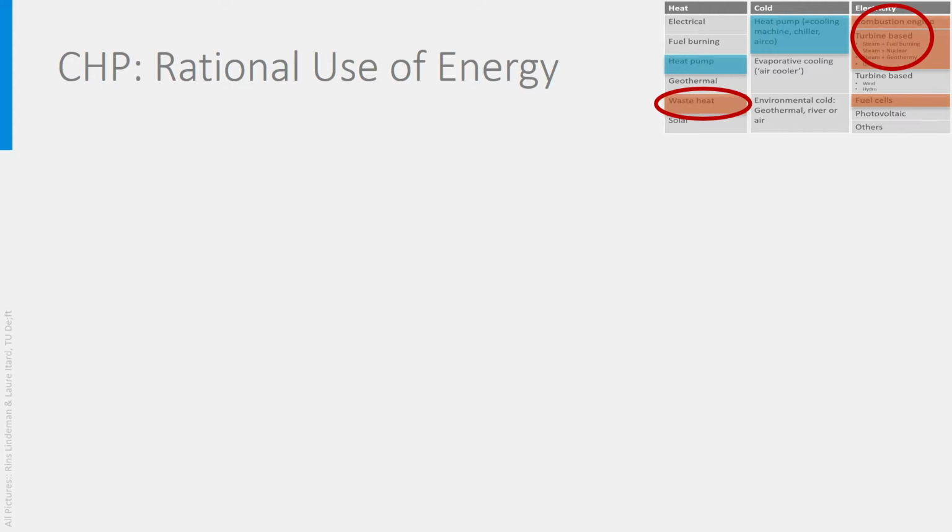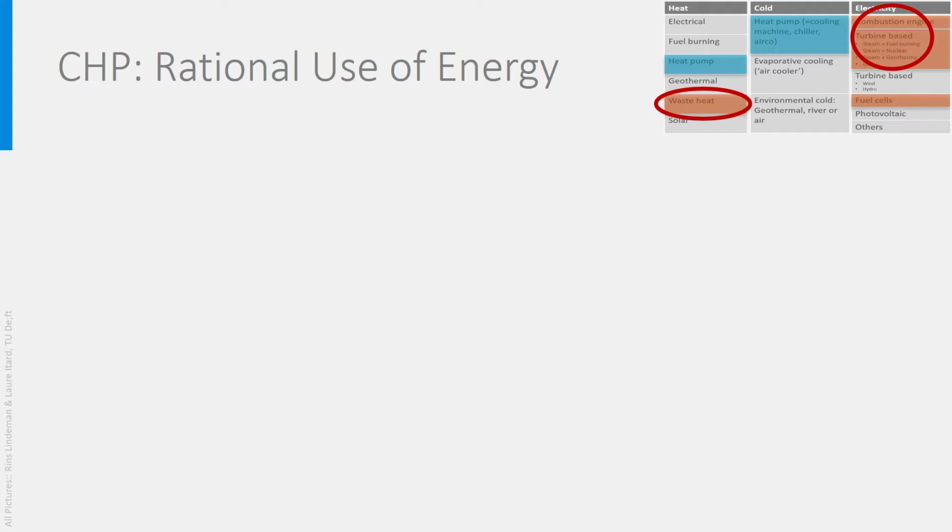We have just seen that a lot of heat is produced during the production of electricity. This heat is at temperature levels where it can be reused and it is a big pity not to use it. Such plants producing both electricity and heat are called CHP, combined heat and power. In an energy infrastructure that would be rational from the point of view of resource utilization and depletion, the reuse of waste heat should play an important role.